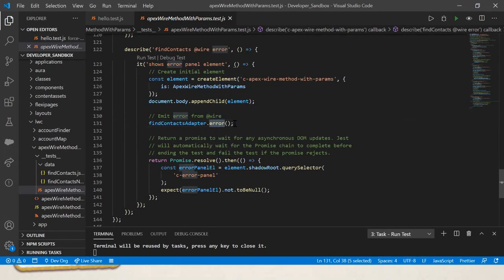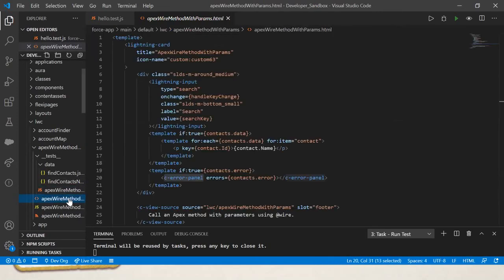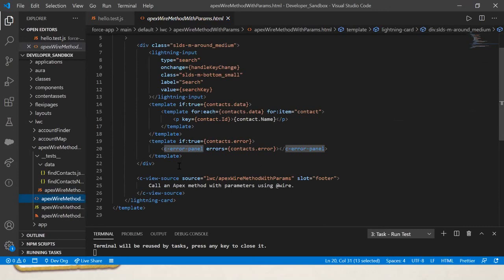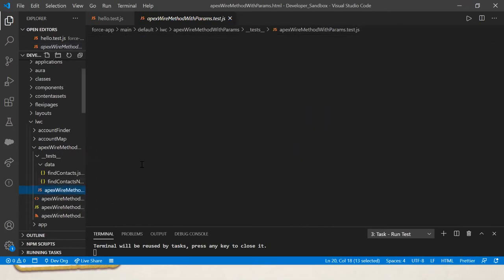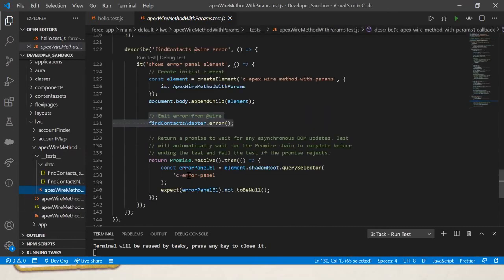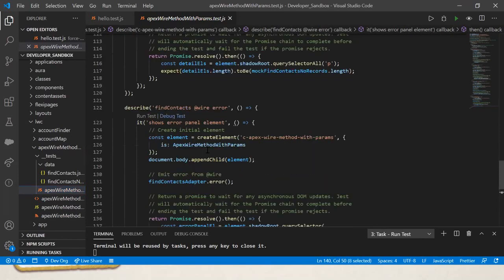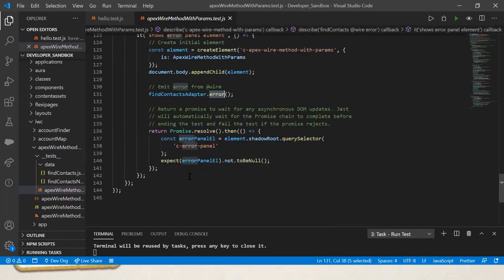At this time, it will throw some errors, and once the component gets the error, we can see in the HTML, right, we had a separate component to parse the error. So however many errors we get, it will parse and display over there. So in the test class, in a similar way, we are going to get that error panel value and the text within that, and it should not be null in this case. Since we are getting the error, obviously it should show the error message on top.